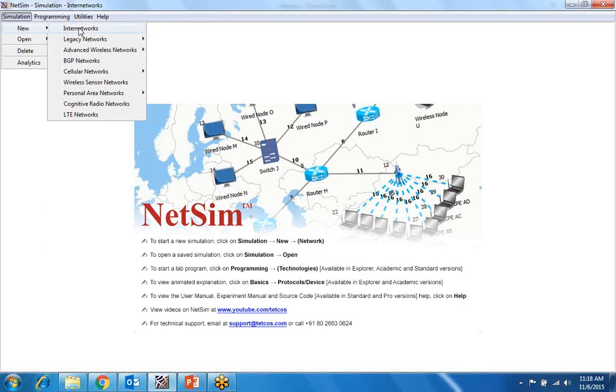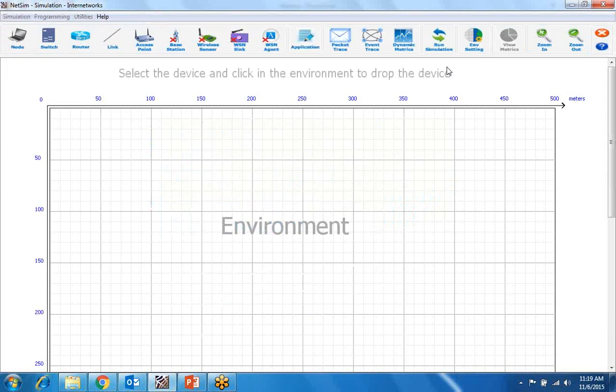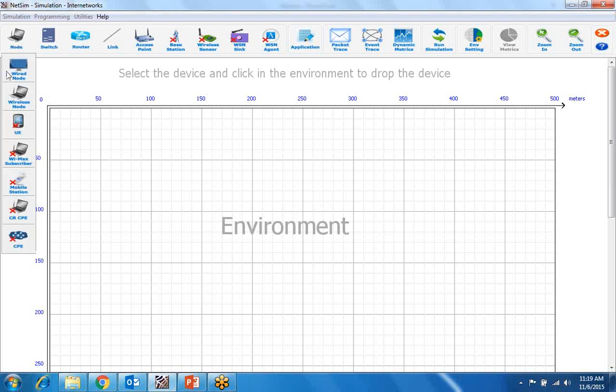Like in internetworks, if you click on internetworks, this is the environment of the software. Here you can see some nodes are given. In node there is wired node, wireless node, UE.